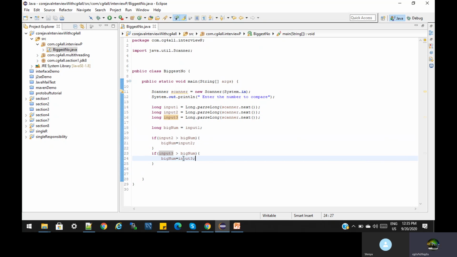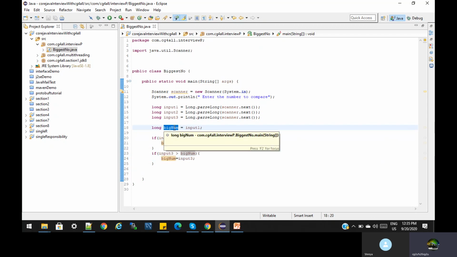If we want something more, we can save memory with one variable. Instead of a big number variable, consider input 1 as the big number and provide the output as input 1 only.